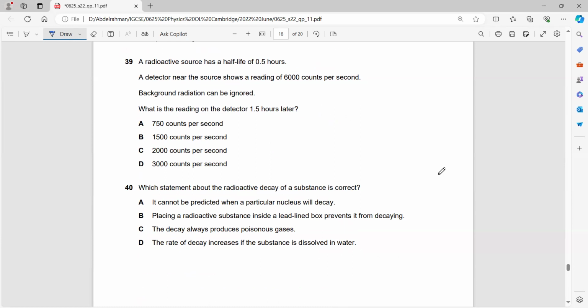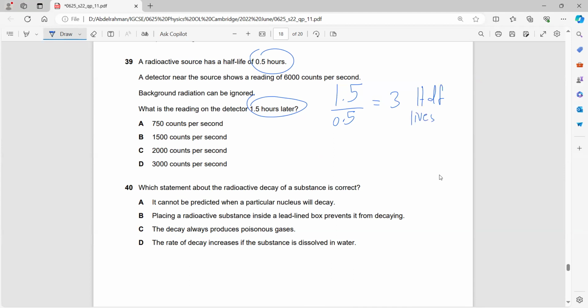Very simple steps, the same steps we've been doing for a long time. Whenever I have a half-life, what should I do? Time divided by the half-life. 1.5 over 0.5 gives me 3